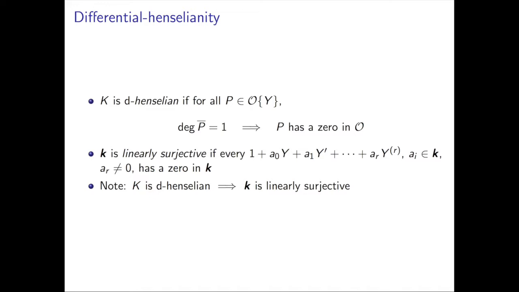One other definition I need, which is important but you don't have to worry about it per se, is that it will just show up as a necessary condition. That's why I'm telling you here. If you're differentially Henselian, then your residue field is linearly surjective, by which I mean every linear differential polynomial of this form has a zero. So this says you can approximately solve. So you're sneakily packaging that in, because having a simple root somehow reduces to degree 1 things, but now you're also requiring that since it has a root upstairs, it's going to have a root downstairs.